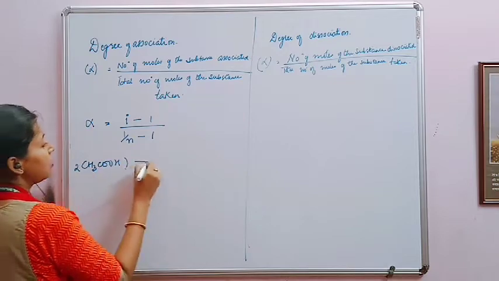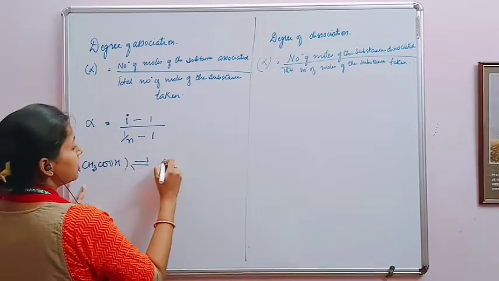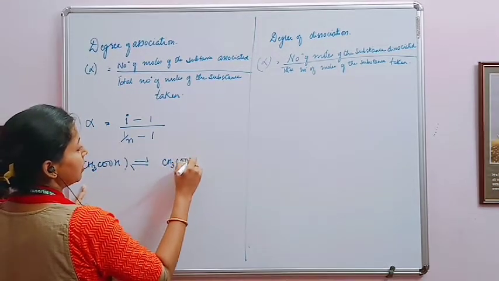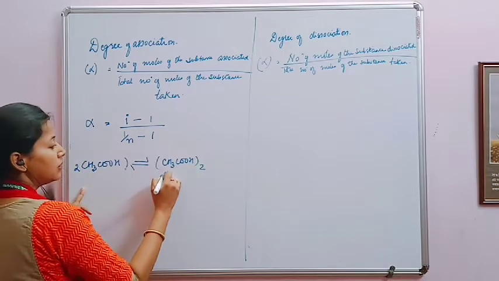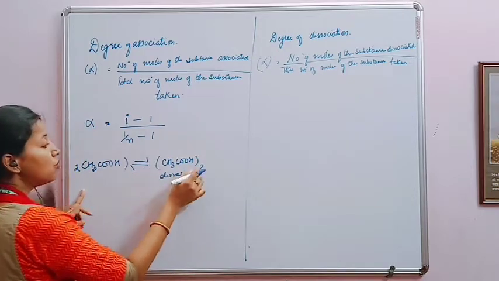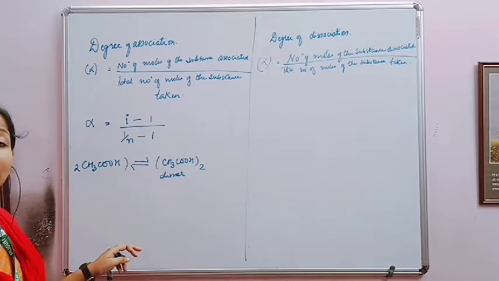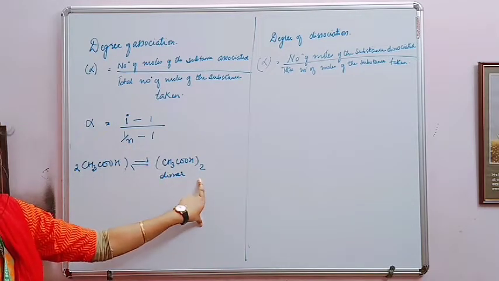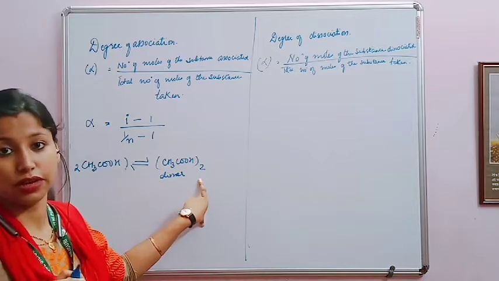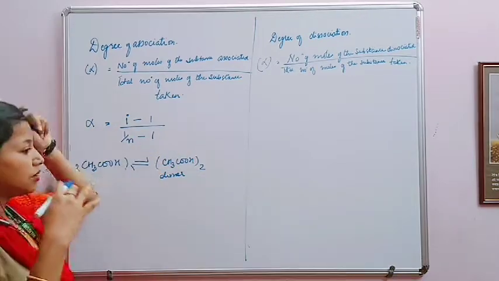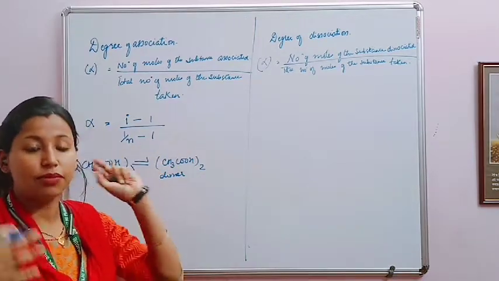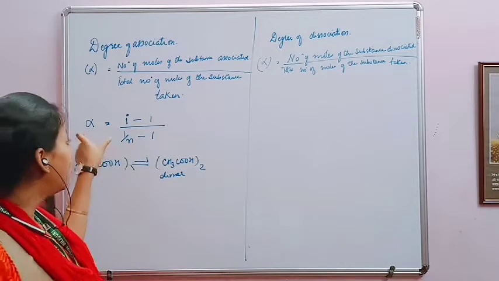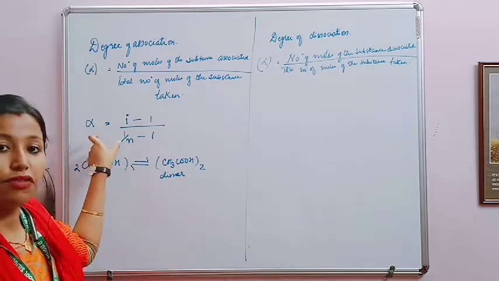CH3COOH in benzene undergoes association to form a dimer. So this is the dimer. That means two molecules of acetic acid have associated. So n becomes 2 here, that means the number of molecules which associate. You can check the other methods also, which are written in the book, but I prefer to choose alpha straight